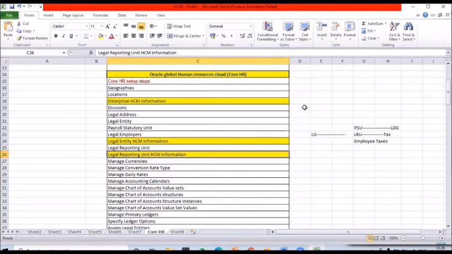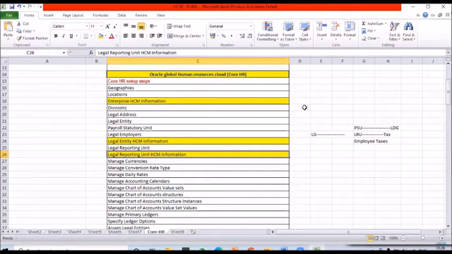At the enterprise level I can set up the position synchronization. In the same way you can set up the position synchronization at the legal entity level. At the enterprise level I can set up the people group key flexfield. The same information I can set up at the legal entity HCM information level. So you have the difference. If I do it at the enterprise level, it's applicable to all legal entities. If I do it at the legal entity level, it will be applicable to that particular legal entity only. Okay, so this is the difference. Most important to understand.